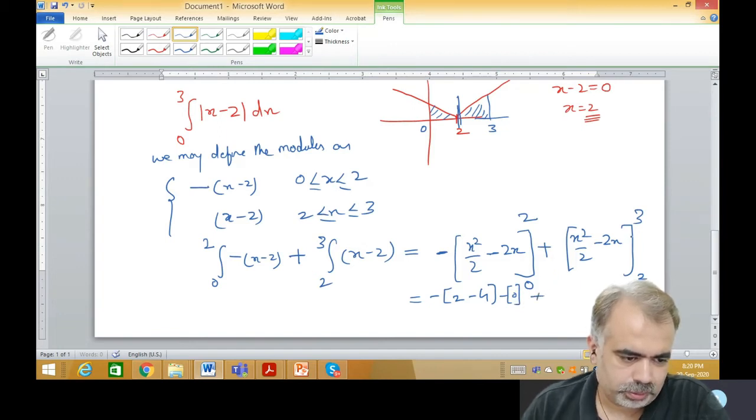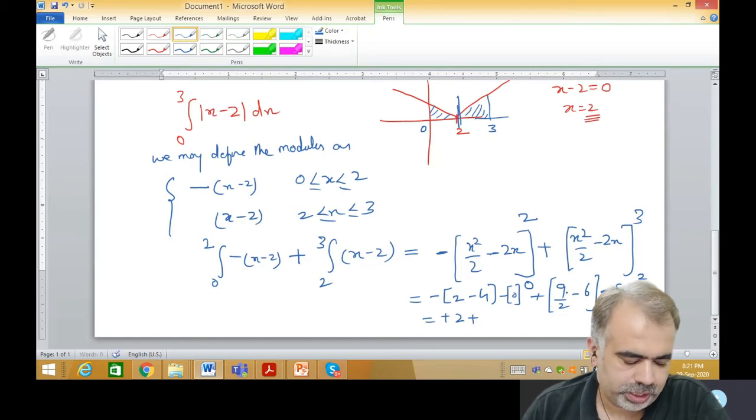Plus similarly here for 3 it is 9 by 2 minus 6, and minus times when you put 2, it is 2 by 2, 4 by 2 is 2. I am solving it here only. Then if you put 2 here, it is 4. So now you have to solve this. This is minus 2, which will become a plus 2, and here